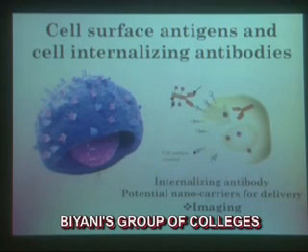Now, just to remind you, this is a cell, this is a nucleus, and on the plasma membrane there are proteins. Some are static, and others are non-static. Non-static means they may go in, like here, and that is called internalization. So you can imagine that if this protein goes in, and we tag this protein, antigen or epitope, with our antibody, this antibody will also go inside the cell.